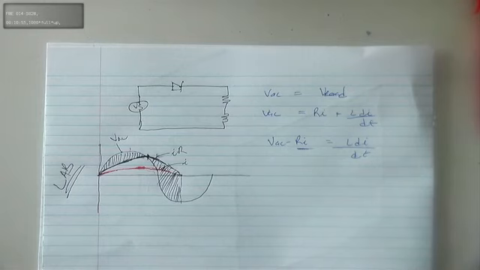So it's not always the case that if we have a diode, we will only have voltage and current conducting on the positive cycle for a half wave rectifier. If you have L, what does L do? L stores energy. So because of the stored energy, you will also have some voltage and current in the negative half cycle. So this is the effect of an inductor in a circuit.